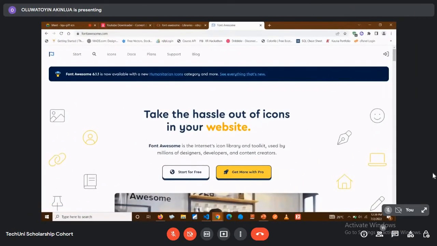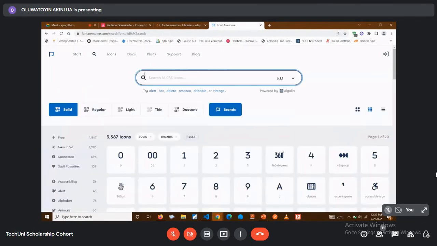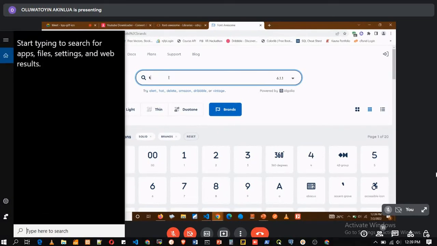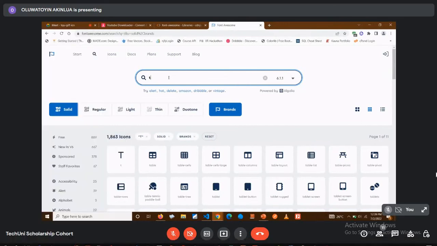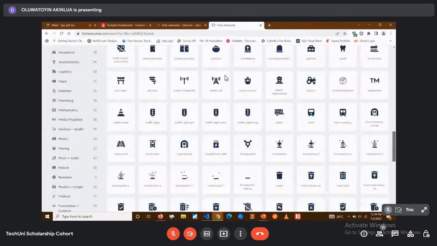So in here, you can just come here and search for the icon that you want. Let's say I want the icon with the 3 lines. That would be like tab. So when it brings it out,